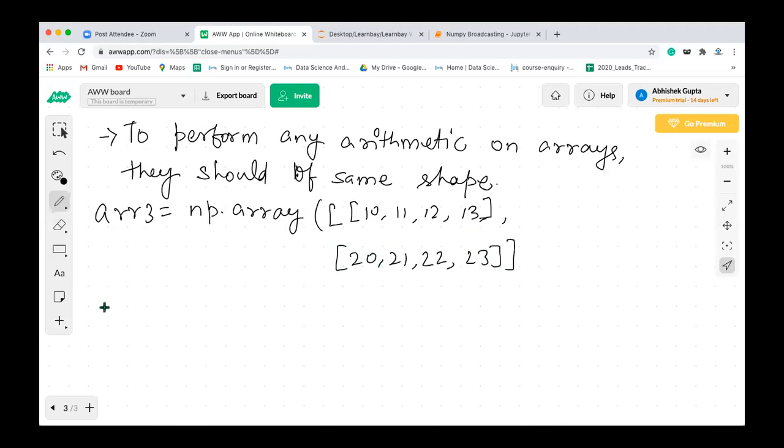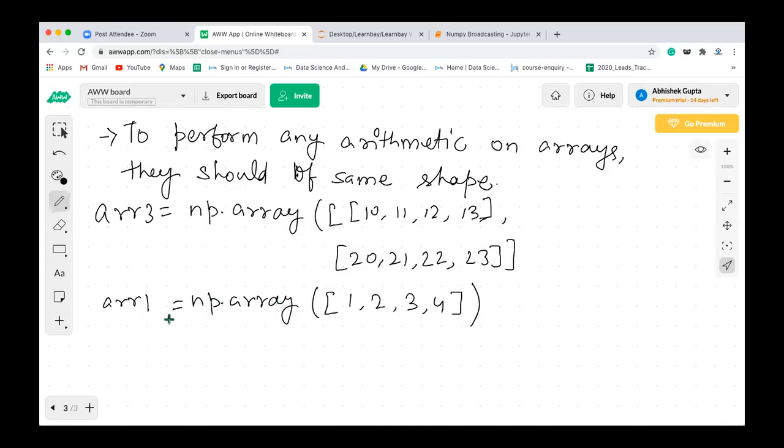Now we had array 1 also. Let's say array 1 is equal to np.array, and this is going to be 1, 2, 3, 4. Now let's say I want to perform an arithmetic operation on array 3 and array 1. These both arrays are of different shape, correct?